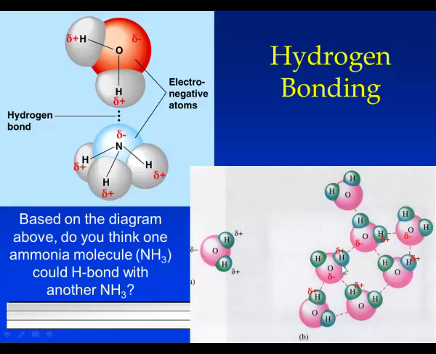More typically, we think about hydrogen bonding in water with water hydrogen bonding to other water molecules, which is obviously going to occur in every sample of water. And you can see that the positive hydrogens are arranged so that they're close to the negative oxygens of another molecule. And that little dotted line between these two molecules